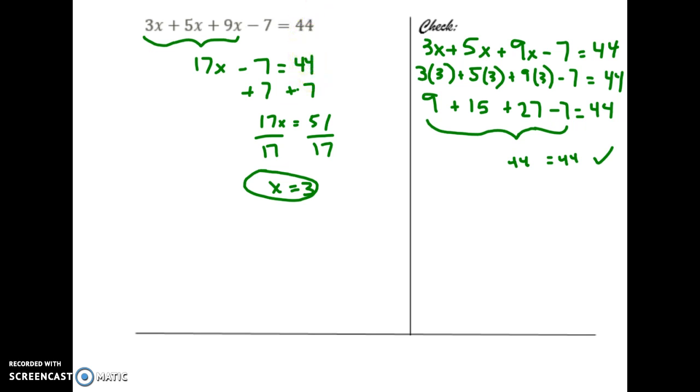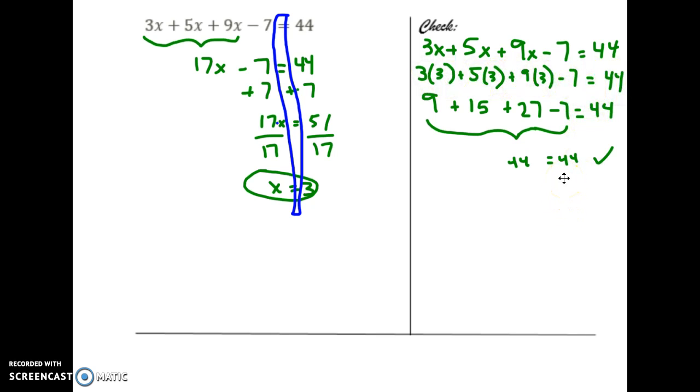numbers. Remember, you can draw your locker if you need it, although some of you might feel pretty comfortable that you don't actually need it every time, but you can. So this minus 7 is gone. We added to both sides, and then again at the very bottom we divided. We want to get rid of that 17. 51 divided by 17 is 3. Again, you're checking in the original equation. I know it takes a little bit of space up, but we want to verify that it really does work